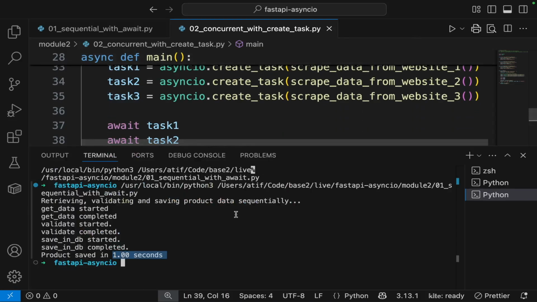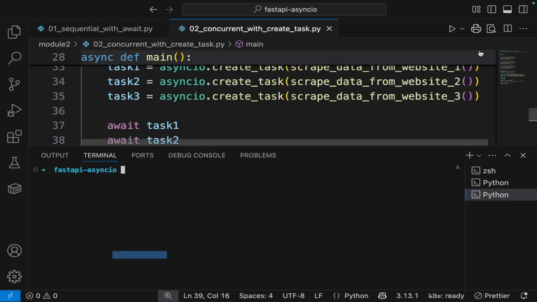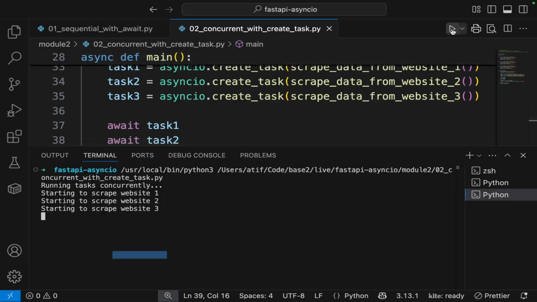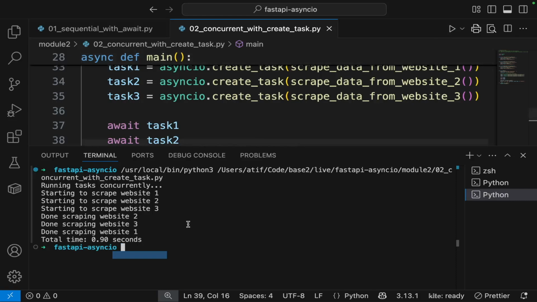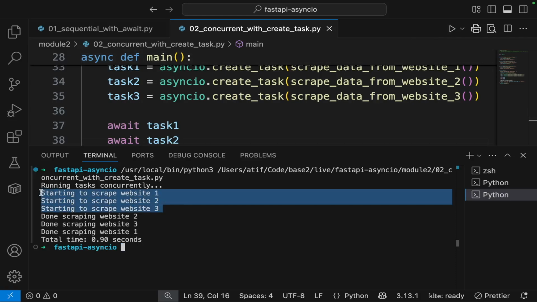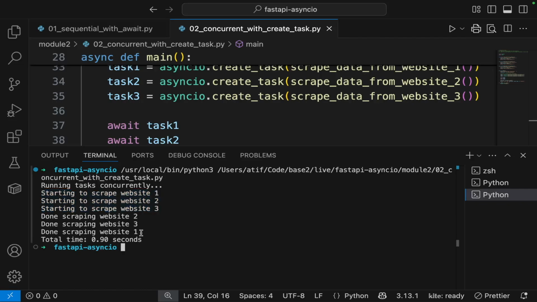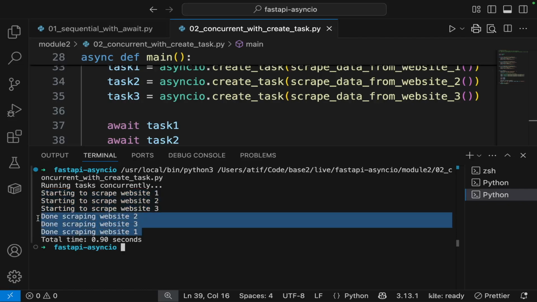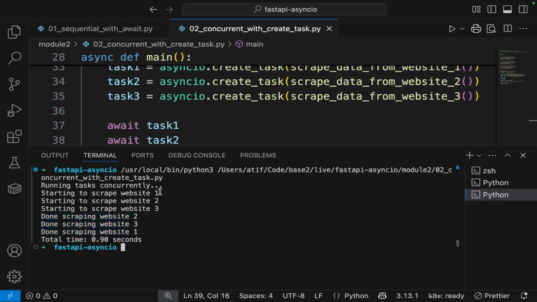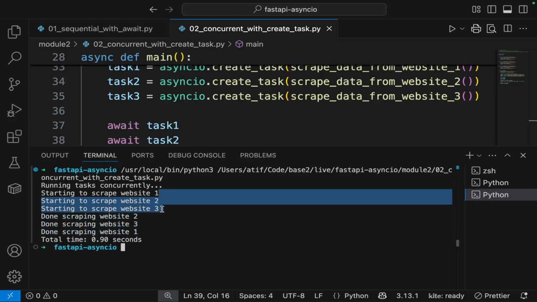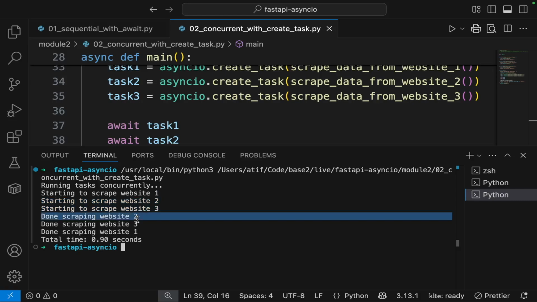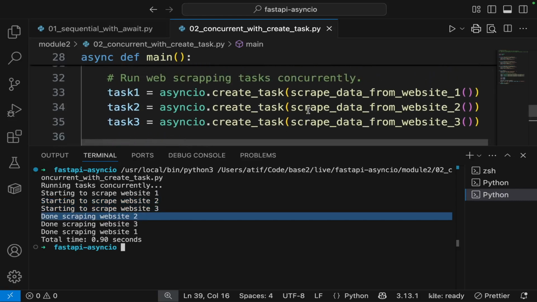Now we will run this function. Let's clear the terminal and execute it. So you see that all three tasks started at the same time concurrently, and they finished one by one. And you can see that it's not in the order of their start, it's in the order of their execution time. So if you see the code,